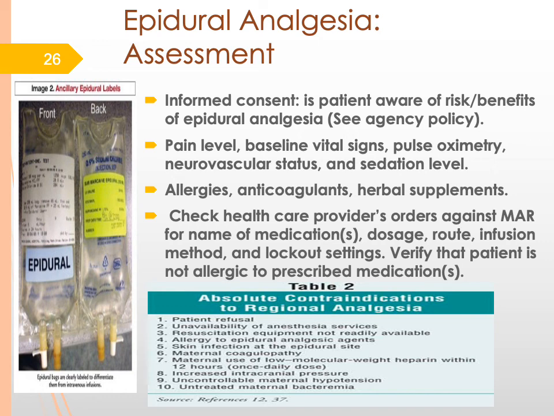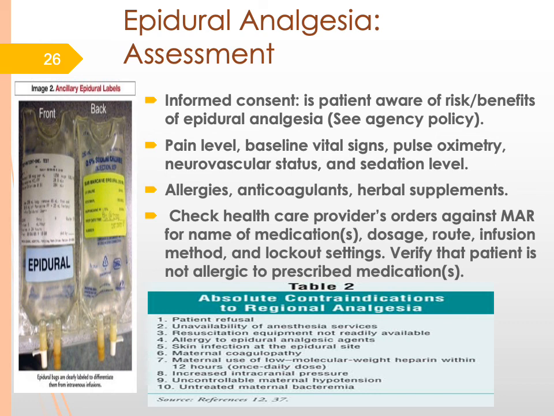Regional refers to examples of regional anesthesia, which are epidurals and intrathecal or spinals. So absolute contraindications are patient refusal, the unavailability of anesthesia services because they are the ones who initiate these types of therapies, resuscitation equipment not being available, allergies to the medications that are used, skin infection at